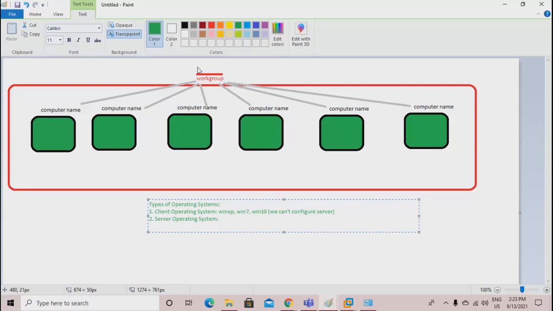And a server operating system is like Windows 2012, 2016, and the latest 2019. We can configure them as a server. Okay, see the biggest difference.